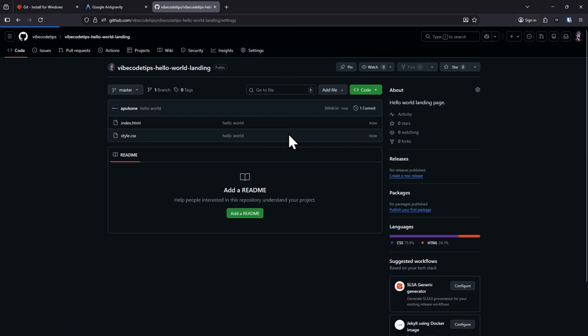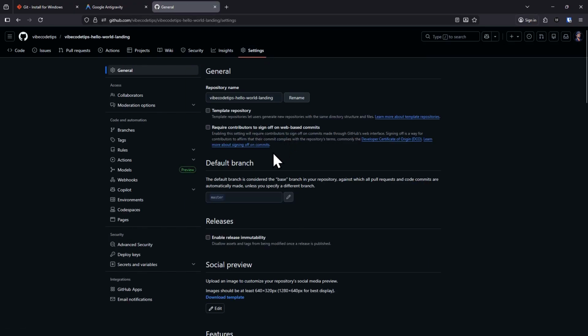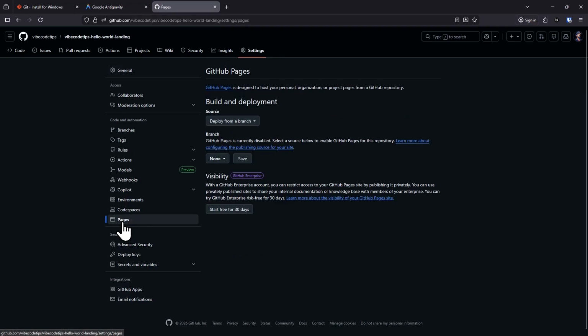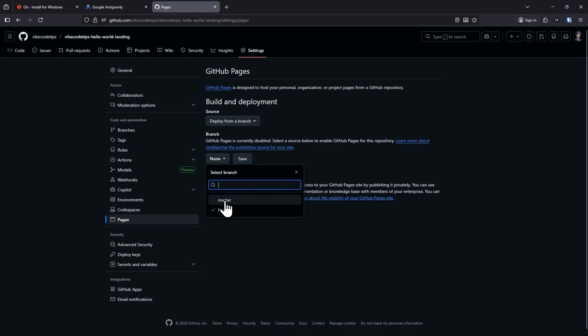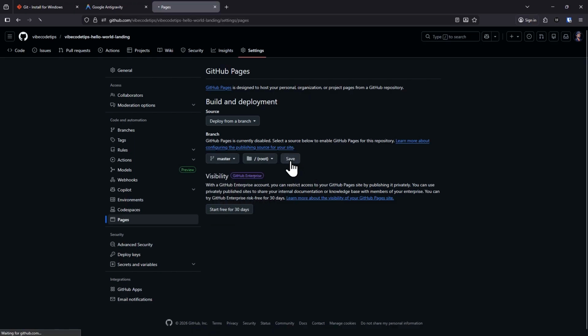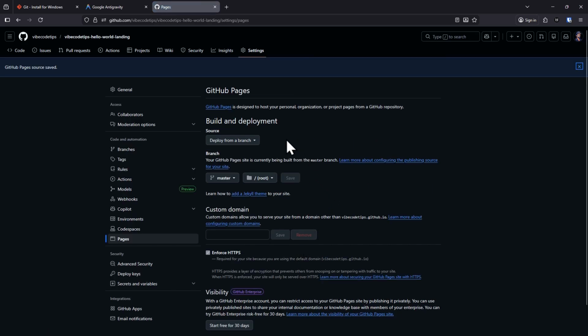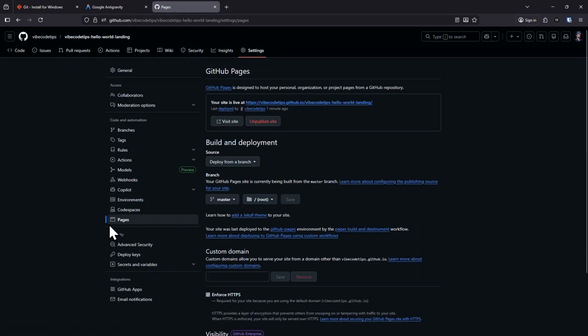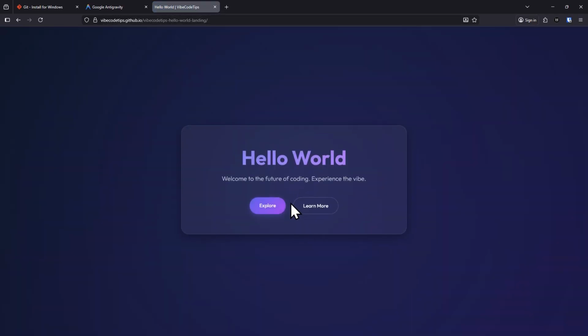So, okay. We will go to settings. And we will go to the pages here and deploy from branch. Yes. Select the branch. We pushed our source code to master. And we click save. All right. Then just wait for a minute. Refresh the pages, and we should have the URL of the published site here. So open up that, and there we go. Our site is published, and